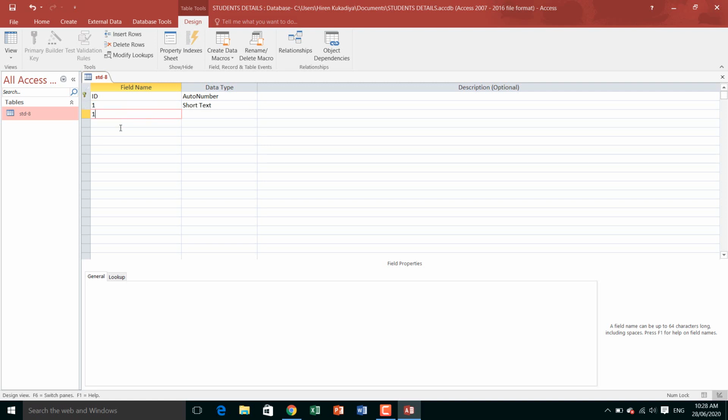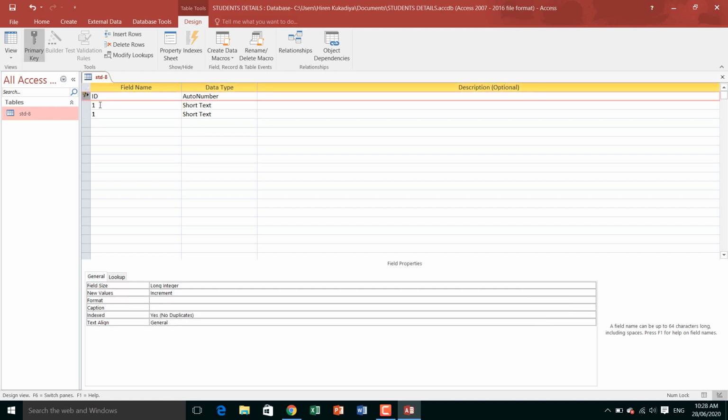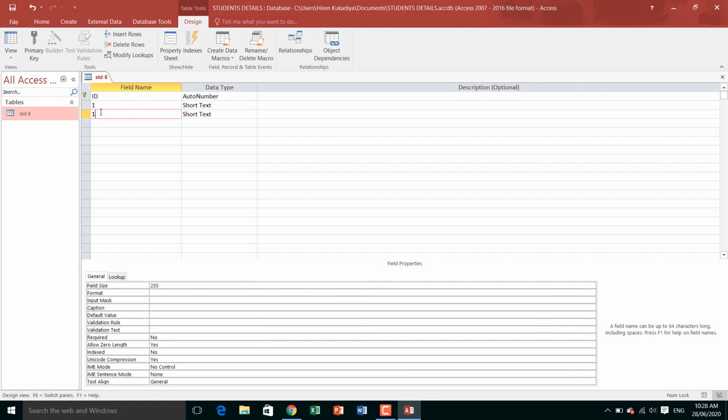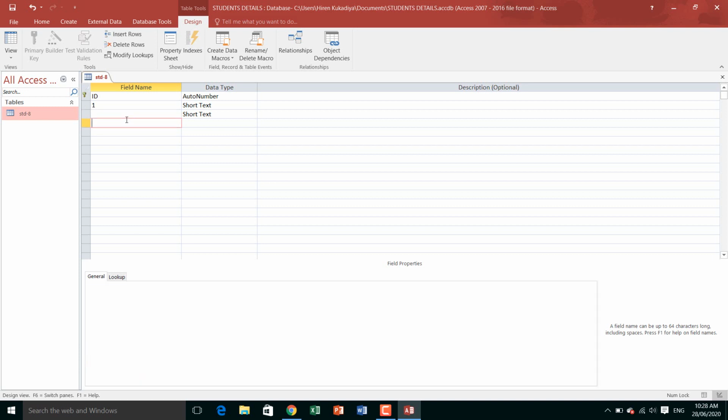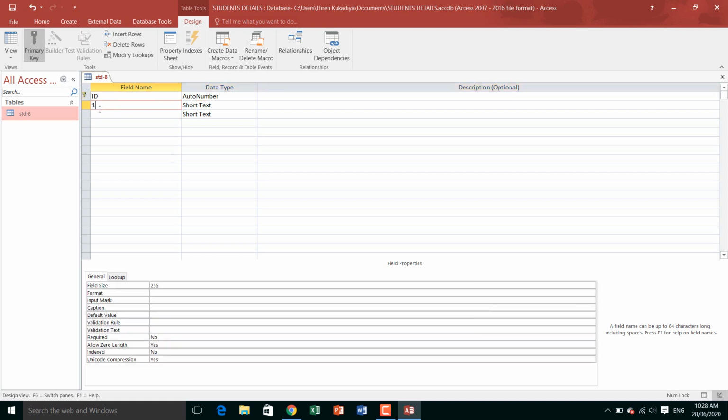In the data view, when you keep the data, any record you cannot enter two times when you use the primary key. Understand? So here we are using the primary key.